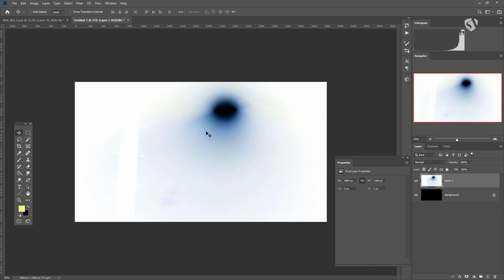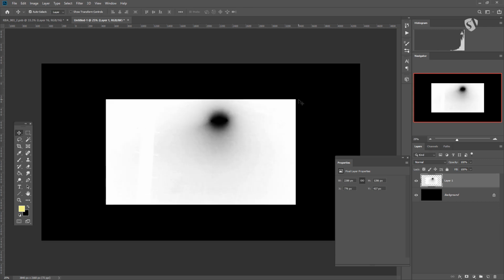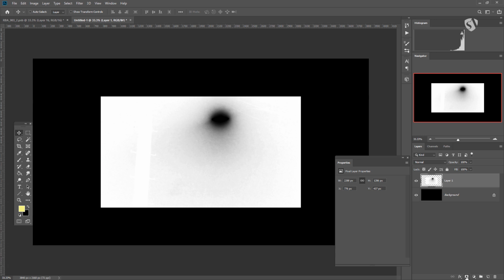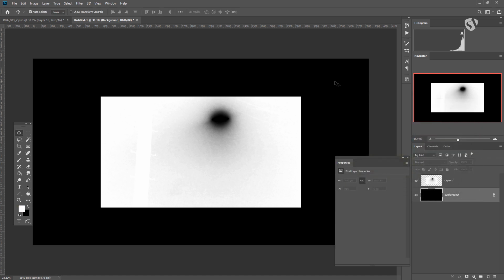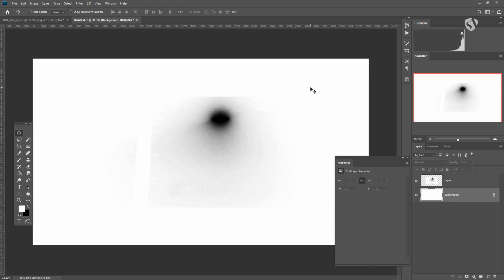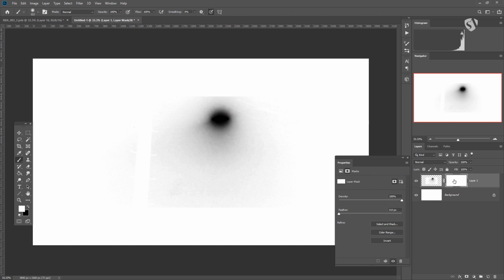I know there's a little bit of blue there. I don't need that, so I desaturate the image, Ctrl Shift U, and then I can even rescale it a little bit because it's too big. And then we can select the background. We can fill the background with a white color. Alt Backspace. And then I will put a mask in this. And then, as usual, with a very soft brush, I invert the mask and I paint white only what I want to keep